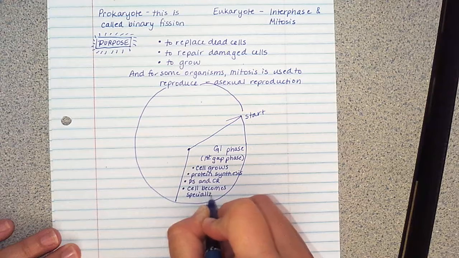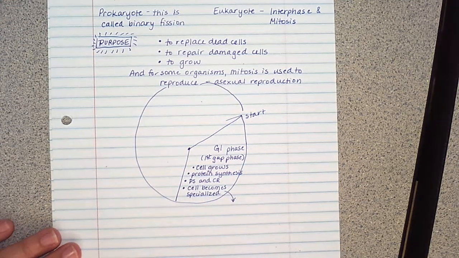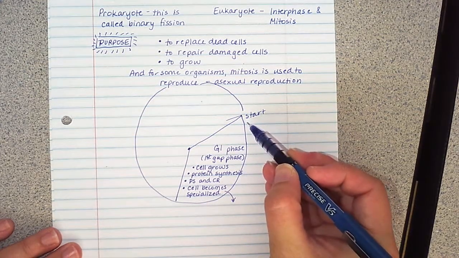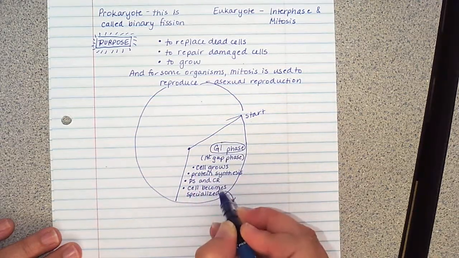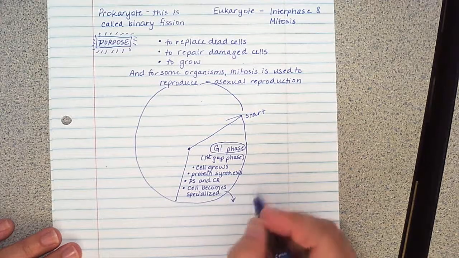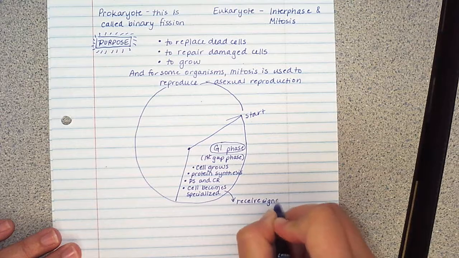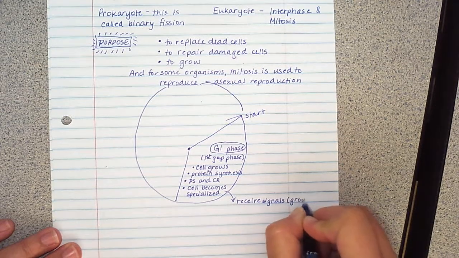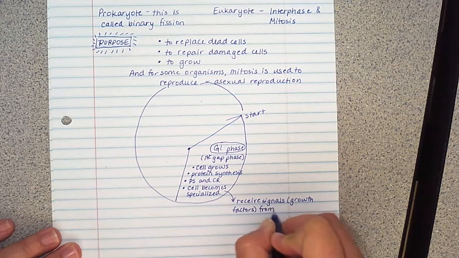during this part. And what we mean by that, I'm just going to draw a separate arrow down here so we can take a few more notes, is that a cell starts to learn what it wants to be when it grows up, for example. So when it's born, it's just a generic cell. And it goes through this G1 phase and it's doing all of its stuff. But then at some point in the G1 phase, it starts to receive signals that are called growth factors from neighboring cells.